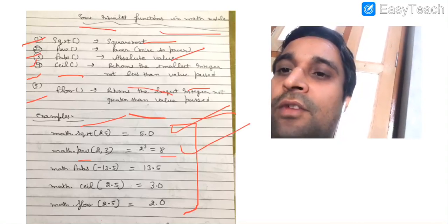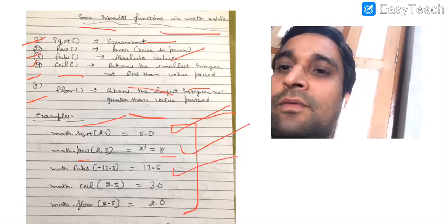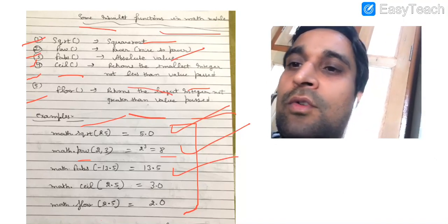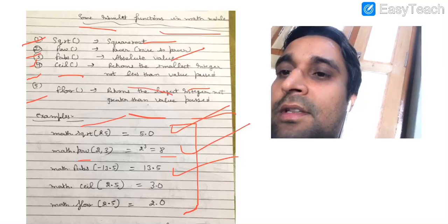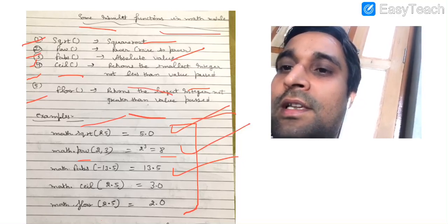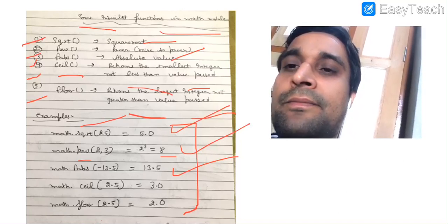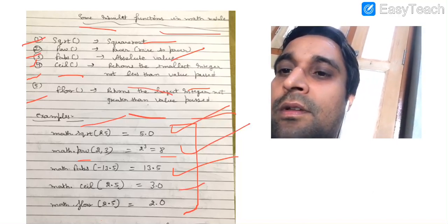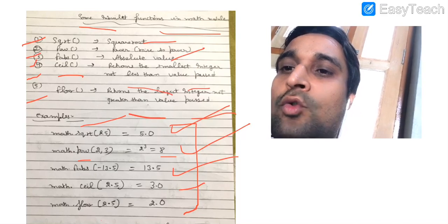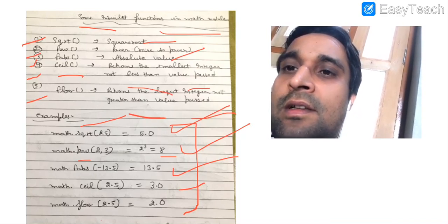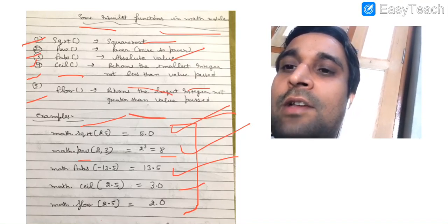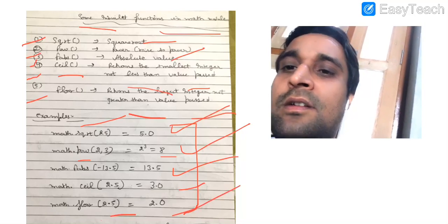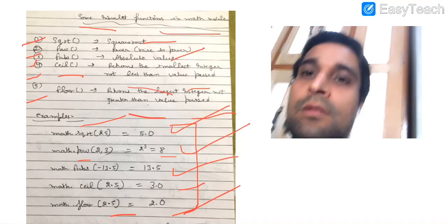Thereafter we have written math.fabs of minus 13.5. We will get the positive value, or absolute value, of minus 13.5. Thereafter we have written math.ceil, in braces we have written 2.5. It returns the integer greater than the value that is passed. We are getting 3.0. Math.floor, in brackets we have written 2.5. It returns the largest integer less than the value that is passed. So in this case we are getting 2.0.